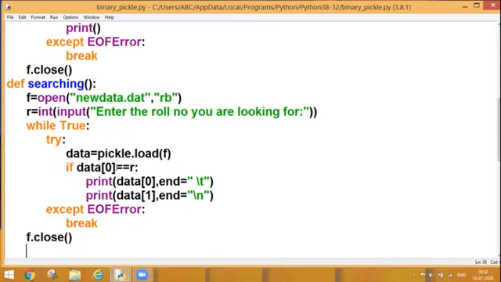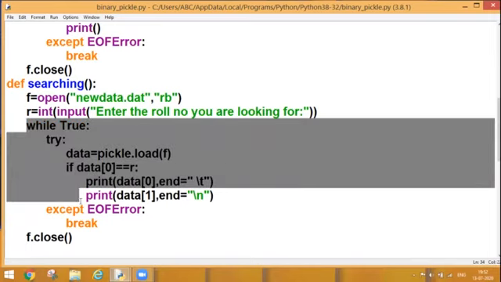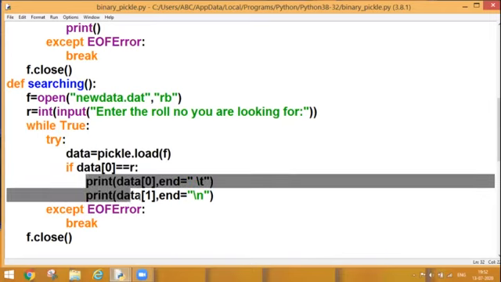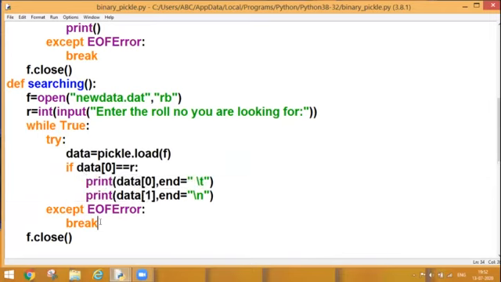But according to my list, I am maintaining the student's record. So I have taken roll number to look for my record. And I am going to read the data in the same way as I have done in my read block. Only change is here I am comparing my data. I am searching for the record. And if the condition is met, then the record will be printed onto the screen. And if it is not matching, then automatically it will break it and no error will be thrown onto the screen. So this is how my search operation works.